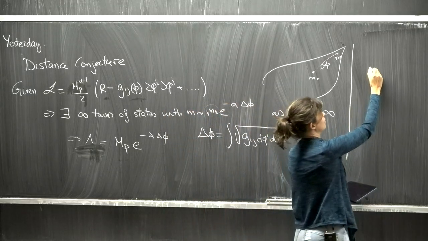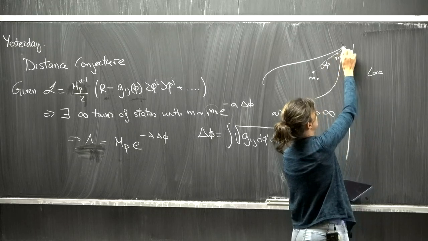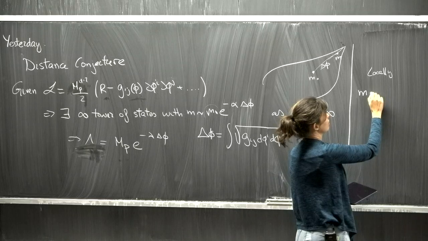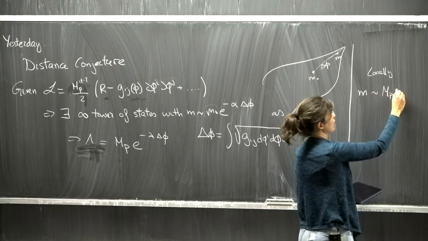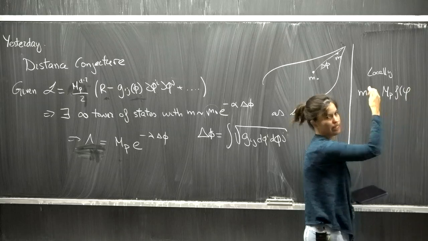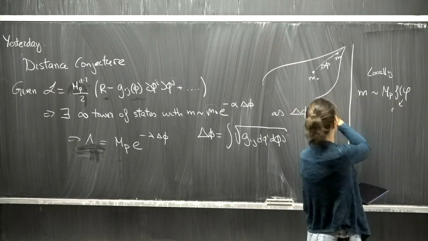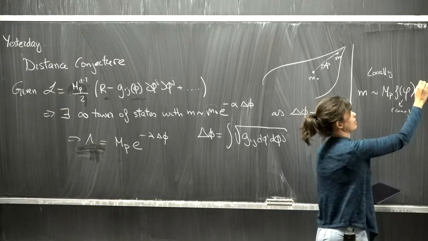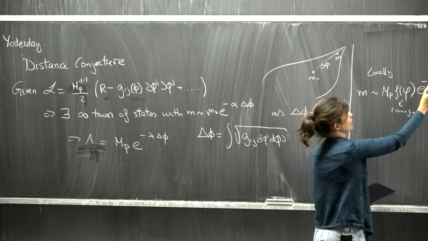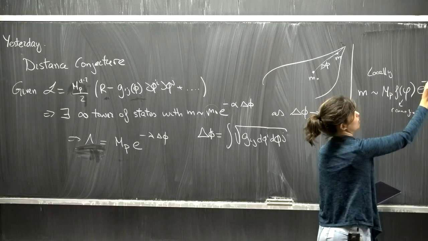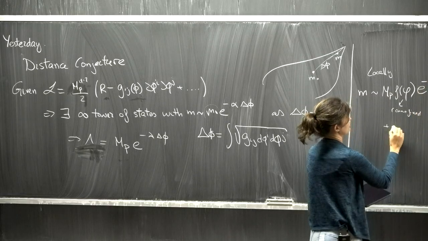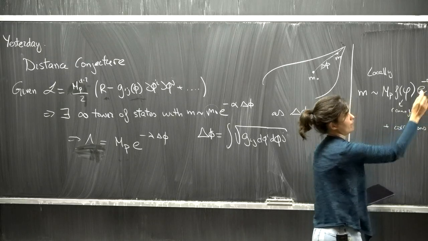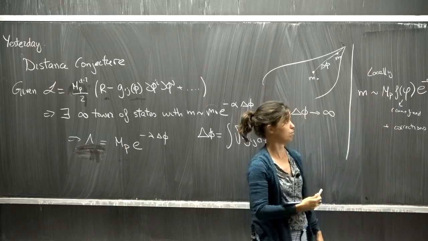So in practice, you can also think, okay, find one of these trajectories that go to infinite distance. Locally, at a point, you have that the mass of the tower goes as the Planck mass times a function of other scalars that remain fixed, so I'm not moving here. And the leading correction in terms of this phi is just this delta phi, or if you want, locally it is the value of phi there, plus corrections that should be subleading if this phi is very large. Okay, so that's what we obtained yesterday in all these examples.